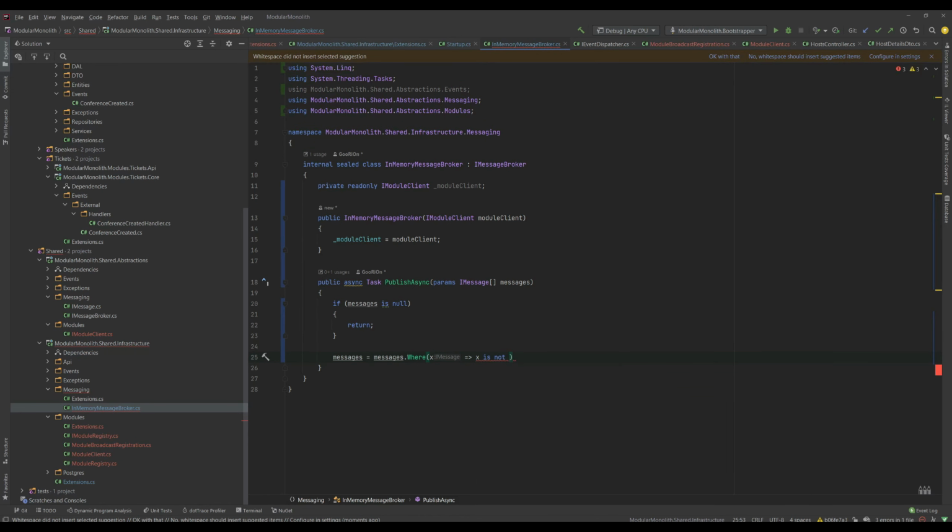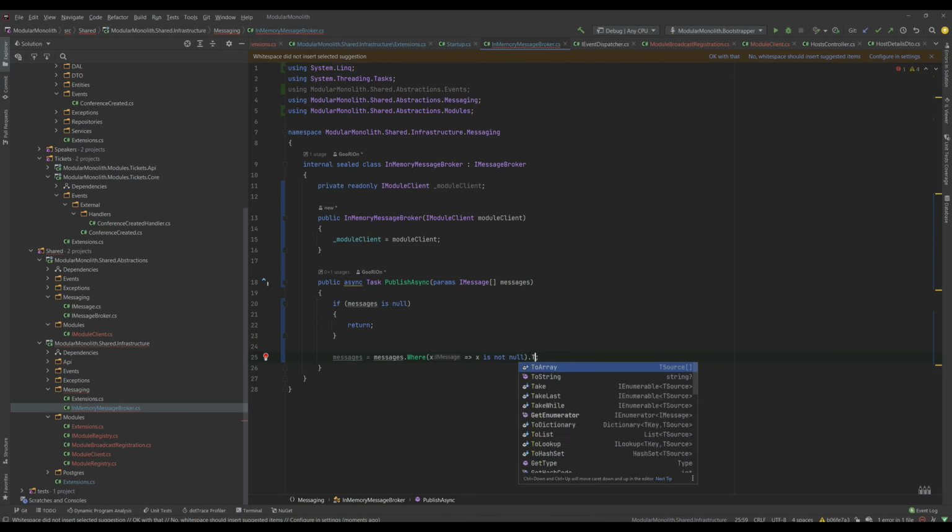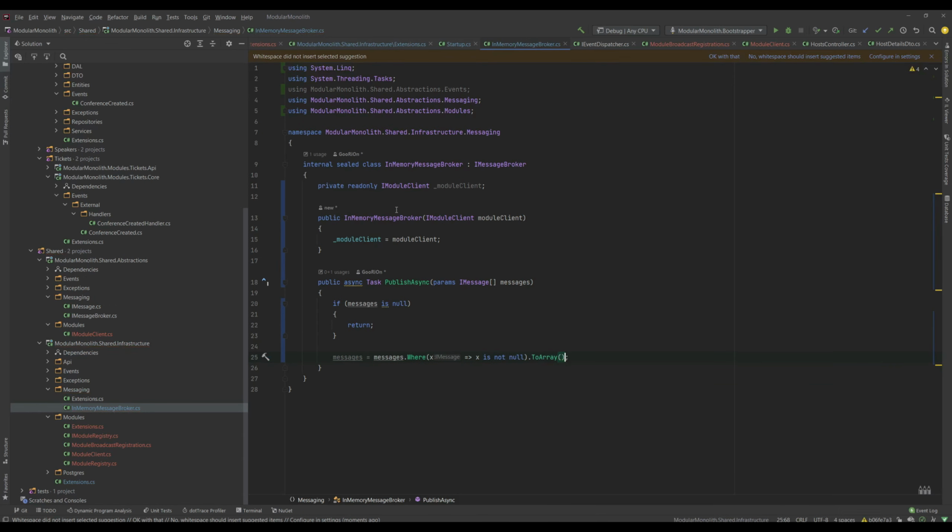So X is not null. Just to remind you, a feature from C# 9. In C# 8, you had to do is and then curly brackets. That was the equivalent. Now, finally, we have something that is, I think, more clear and understandable for everyone. So we have the messages that are not null, and now we can actually call our module client and publish